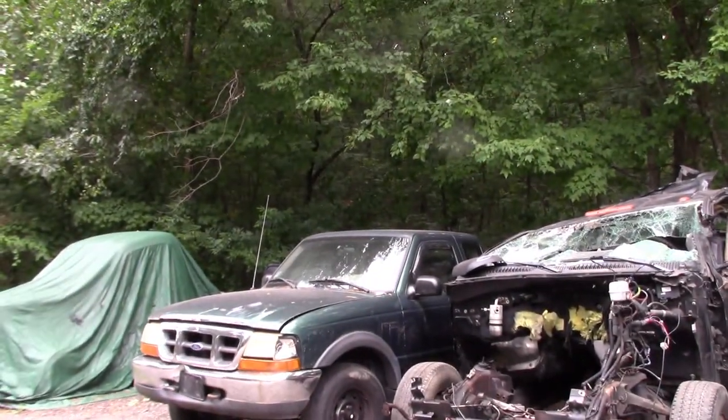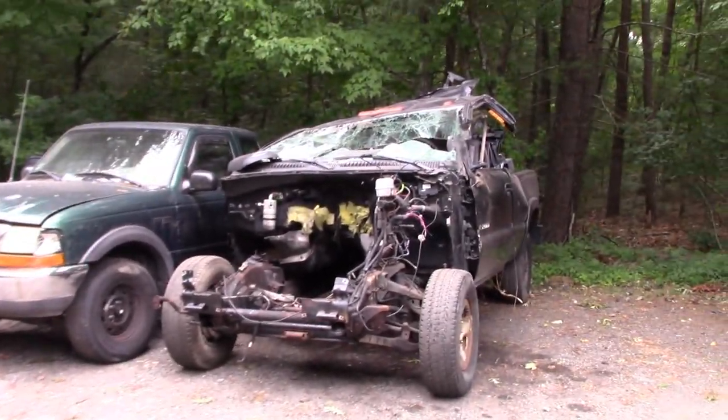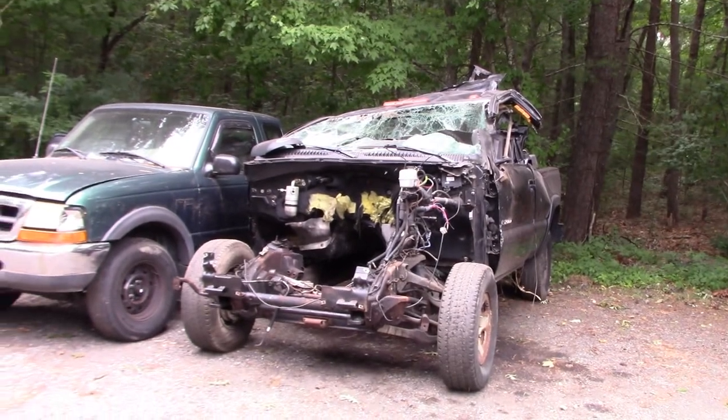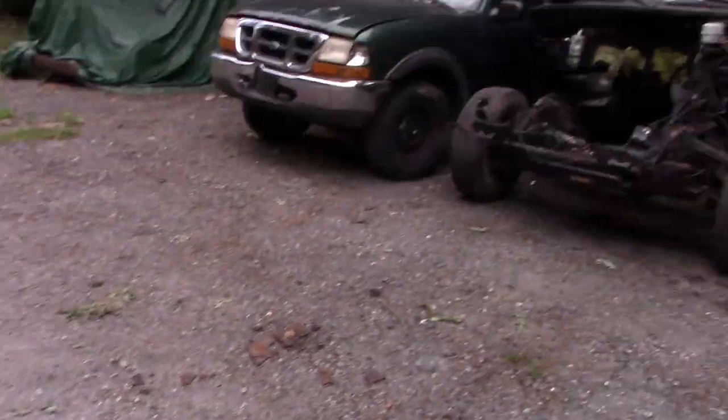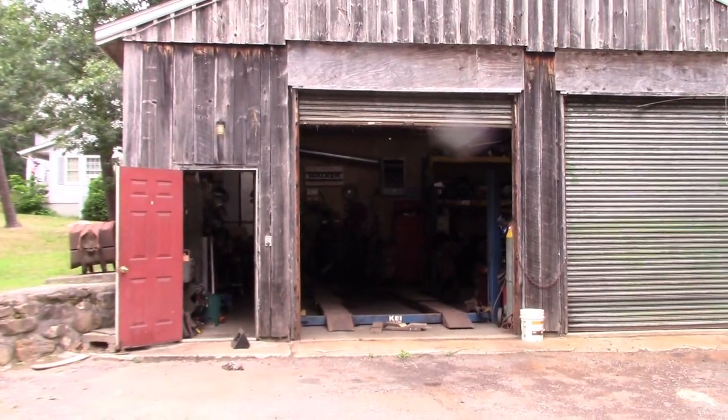I don't know if you guys caught that on the video, but the Ranger only had front brakes to begin with. And when I was using it as a brake to slow this truck down before I went in the woods, the pedal went right to the floor. It blew out a brake line somewhere for the front brakes as well, so I had to use drive and reverse. Anyway, I needed the room in the shop. I have another project ready for the lift, so I had to evict